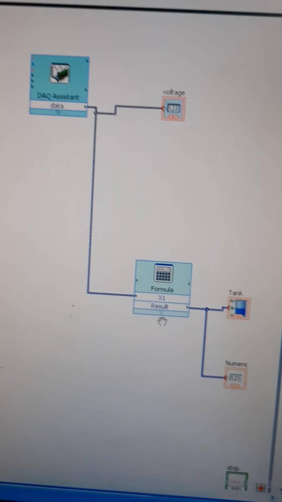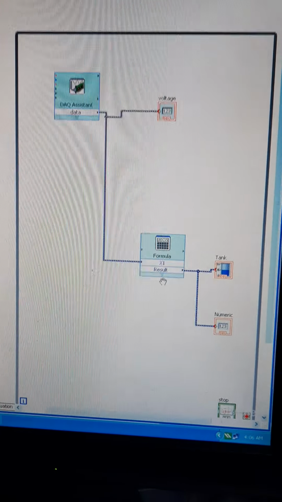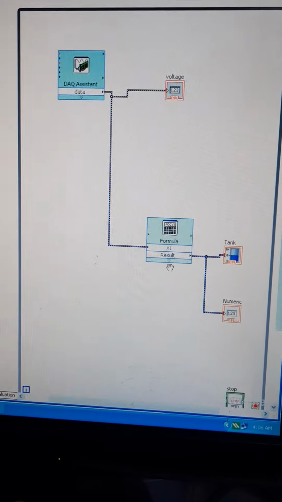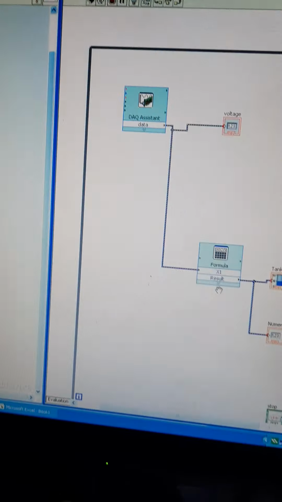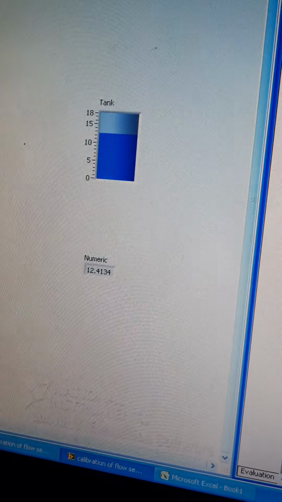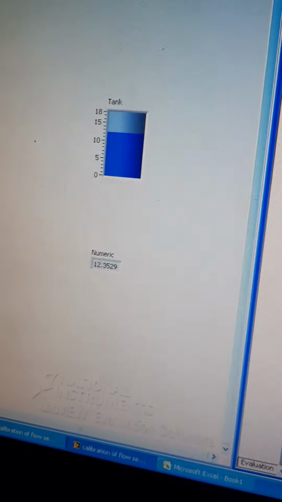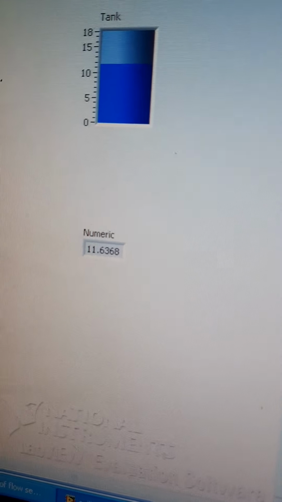So we are able to interface the mass flow sensor with the virtual instrumentation software. The elements that we are using are the mass flow sensor, data acquisition card, and the VI software. Once the necessary programming has been done, we can directly read the mass flow rate with the help of the interfaced program. This software is able to give the mass flow rate directly in terms of LPM.